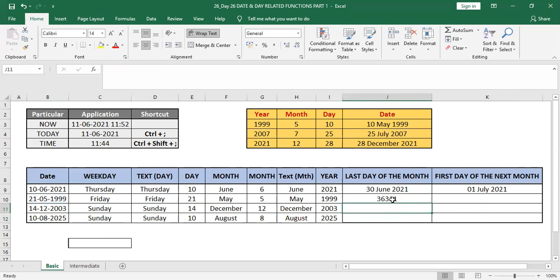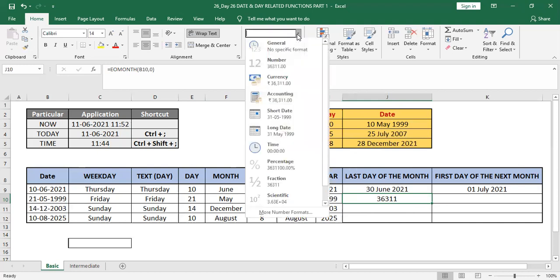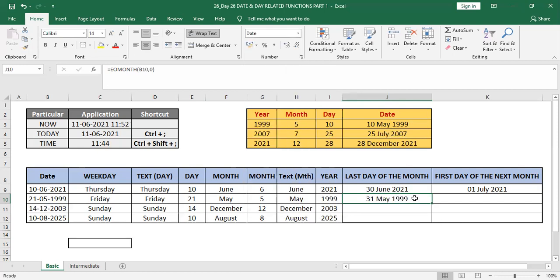enter. So you can see it's a number. How can we say it's a date? Obviously, it is a date, and we can get the date value. That means the number given by the Excel sheet to this particular date. So for 21st May 1999, the date value is 36311, and that's why it is a number. So when we use the ISNUMBER formula, it gives us a true value, right? We can change 36311 to a date by clicking on the number tab and making it a long date. You can just do short date, and you will get the short date too. I'm just going to drag this formula.